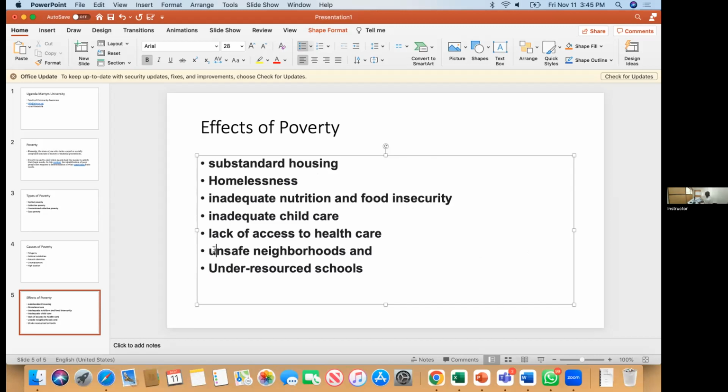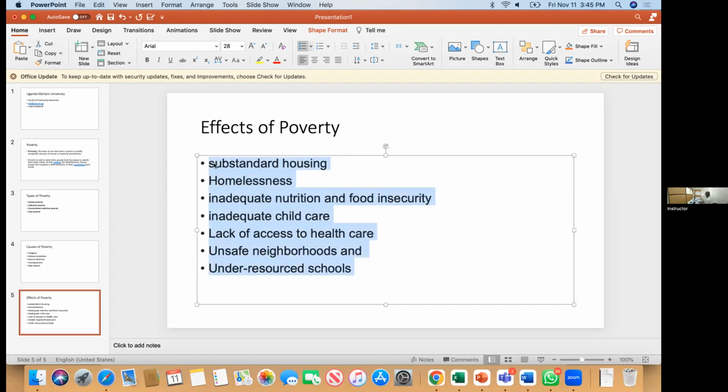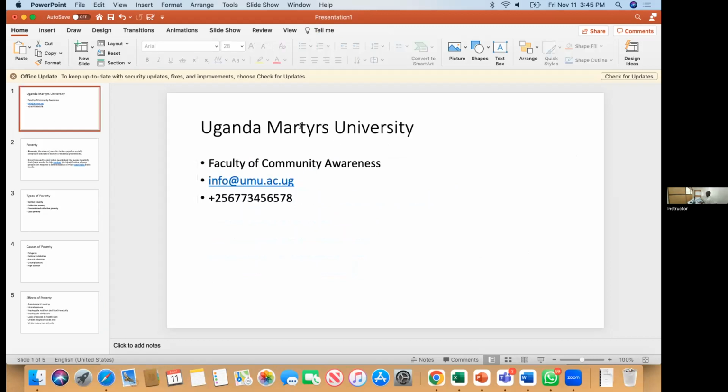Yes. Never congest a slide. Yes, make sure that the slide is manageable.